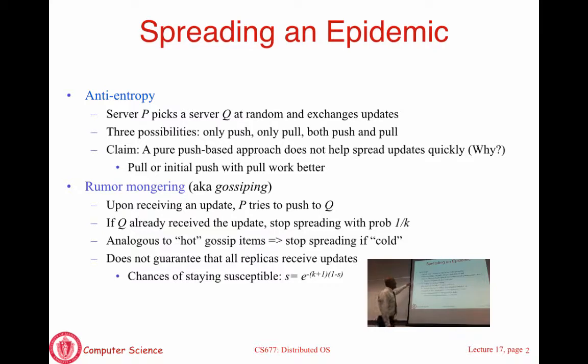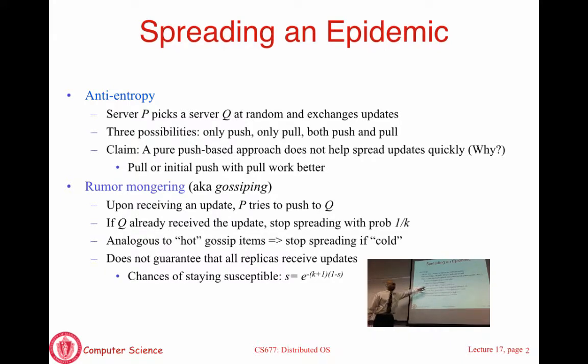So that's anti-entropy. The other type of epidemic protocol is called rumor mongering, and this class of protocol is also called gossip-based protocol. Okay, if you actually search for gossip-based protocols, you will again see lots and lots of papers that have been written on it. There are many different variants of gossip-based protocol, but by and large, all of them work the following way. Okay? So here is basically how it works.